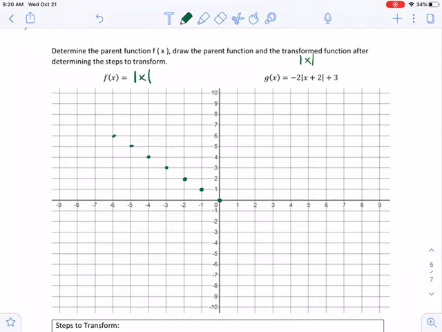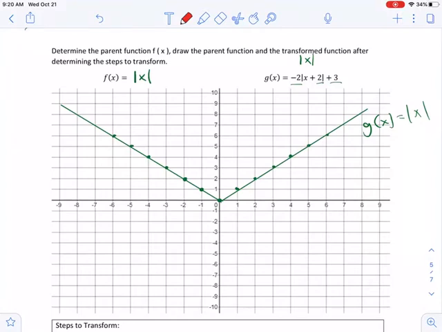So let's see if Notability can handle this straight line. Nice, looks good. So this is going to be my parent function, or what it should look like. Nice. So that is our basic equation that we have then manipulated using these other values. And using those values, we're going to determine the order in which we're manipulating in order to get our finished